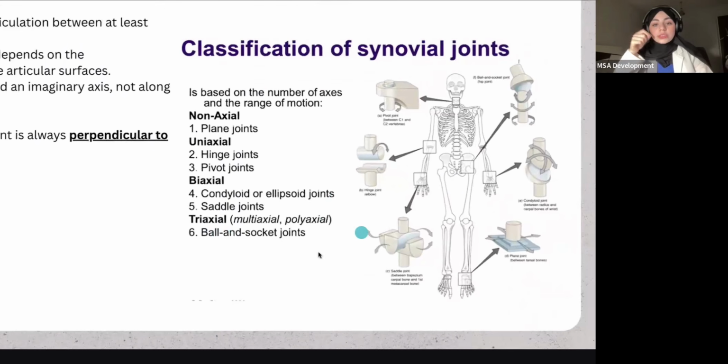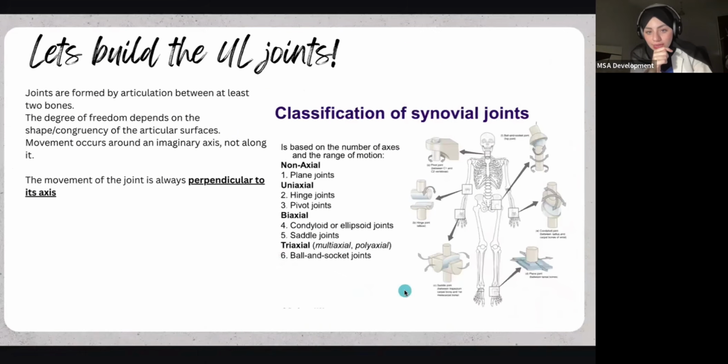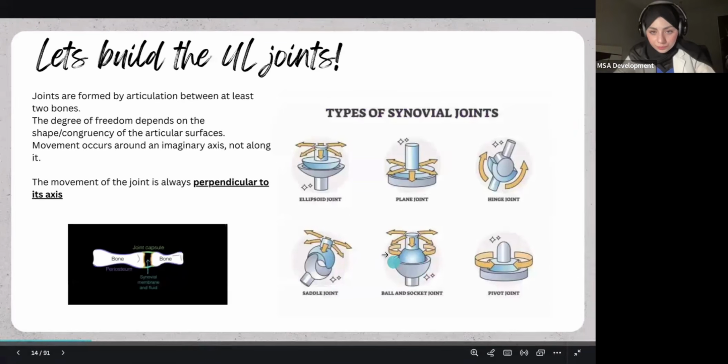In shape, it looks like a ball and socket, which explains why it has a great range of motion. It's kind of like an egg with an egg socket rather than a ball and socket. And saddle joint, which is the one that you see in your thumb. Your thumb isn't the same as the hinge joints that you see in your interphalangeal joints. Now, for the axes, which are a lot more important,